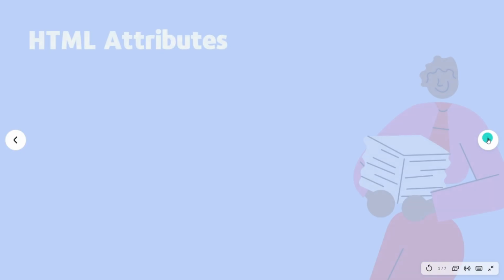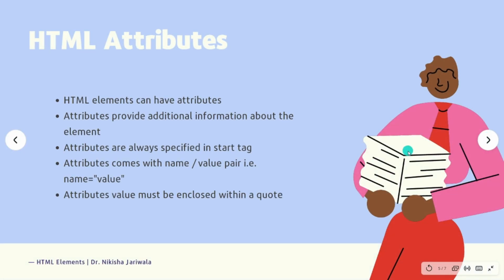Now we will see what HTML attributes are. As I have already told, HTML elements will have attributes. Most HTML elements have attributes, and attributes can be considered a property of that particular HTML element, or more precisely, they provide additional information related to the element. That is the important thing to consider here: what an attribute is and what it provides.